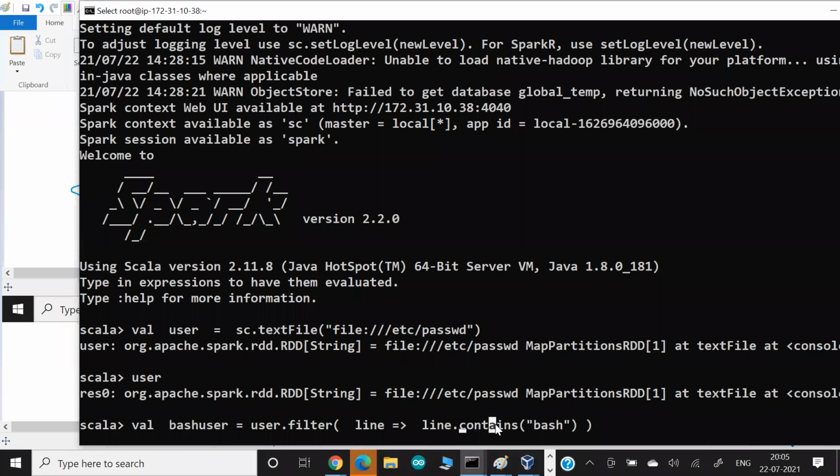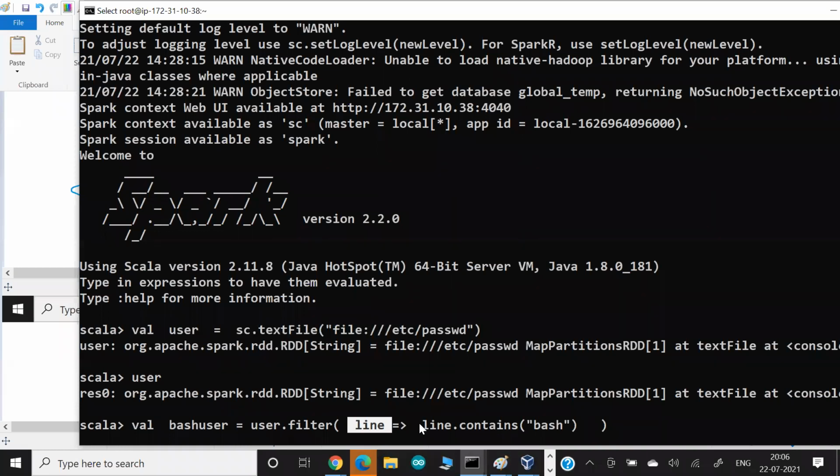Guys, if you know Python, we have a lambda function, so something like lambda kind of syntax I have written here. What this line means: from this file, I read the first line. This first line I store in this variable.